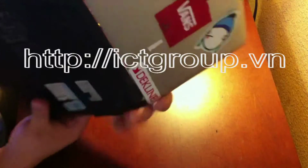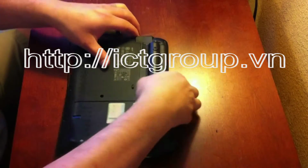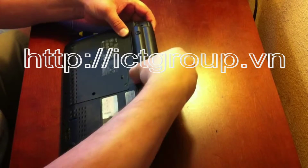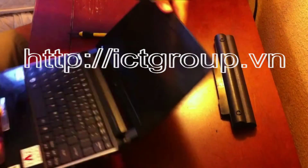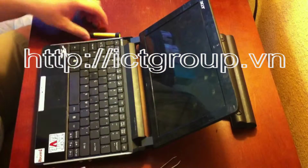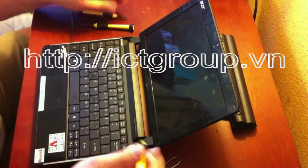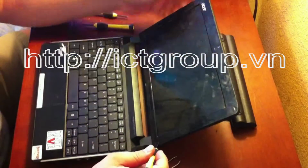It's always wise, at the beginning of the process, to remove the battery. I have a pair of tweezers and a handful of mini screwdrivers. First, remove the screen cover